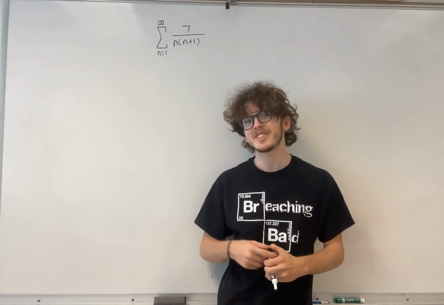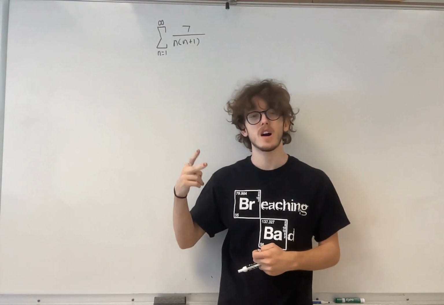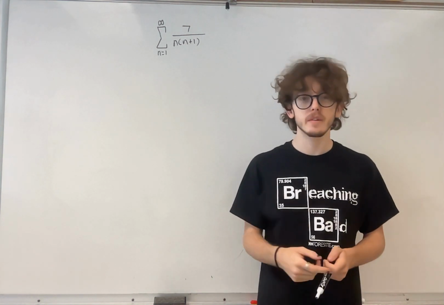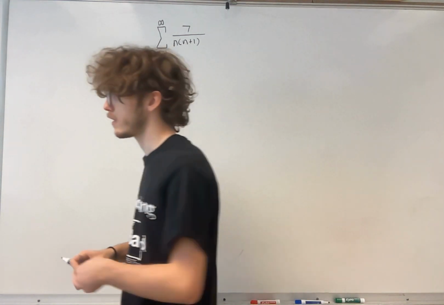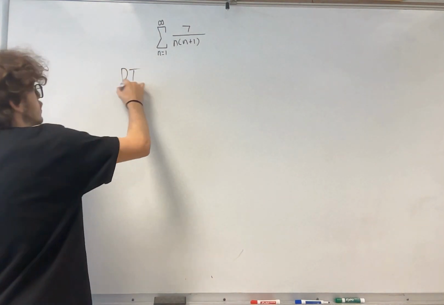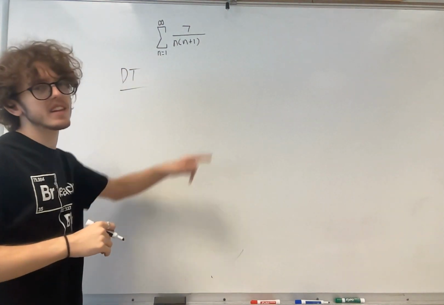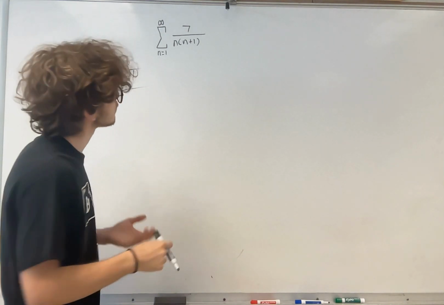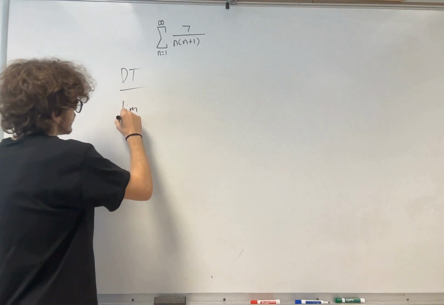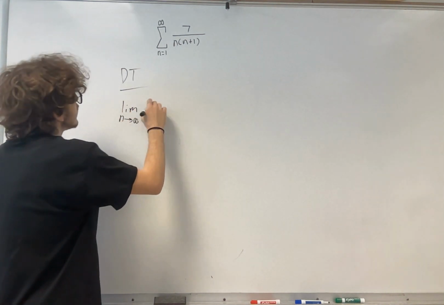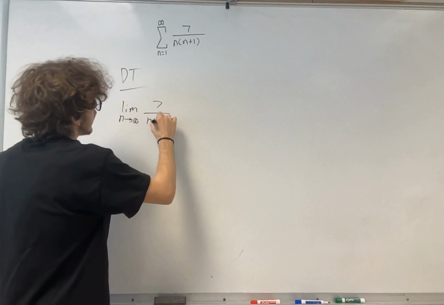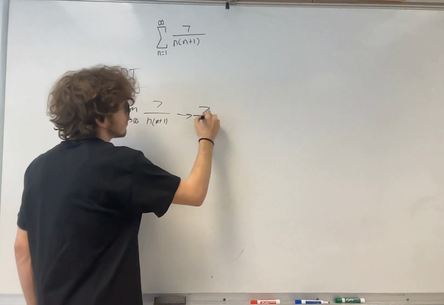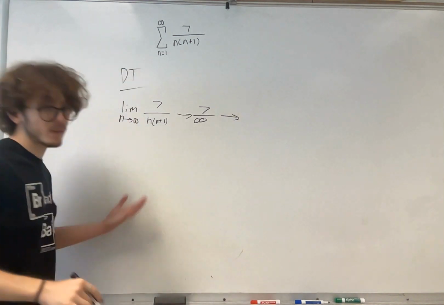So we are asked, does this series diverge or converge? That's what we're asked. Now the first thing that you should always do when you have a series is do a divergence test. So let's do a simple little divergence test. Basically take the limit of the sequence of all of your sums at infinity. So what is the limit as n approaches infinity of 7 over n plus 1? Well, notice that when we evaluate this, this is going to be 7 over infinity, which will simplify simply